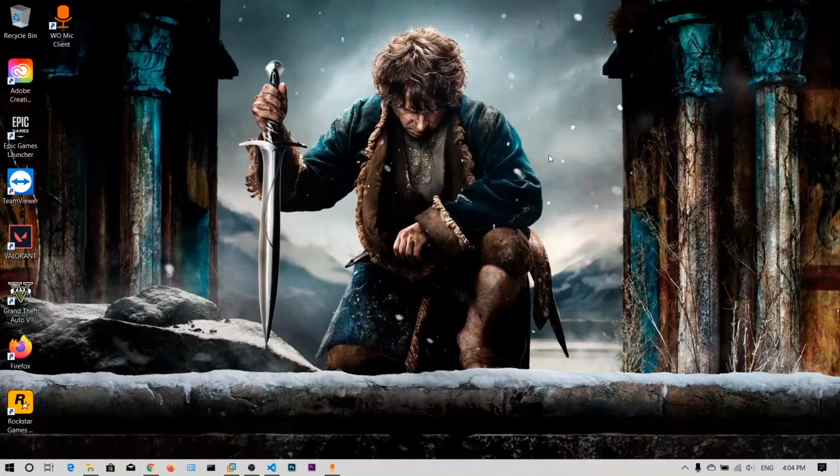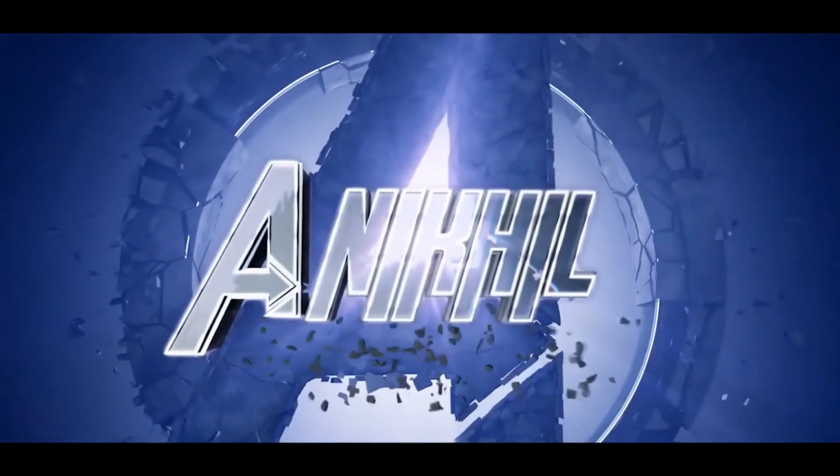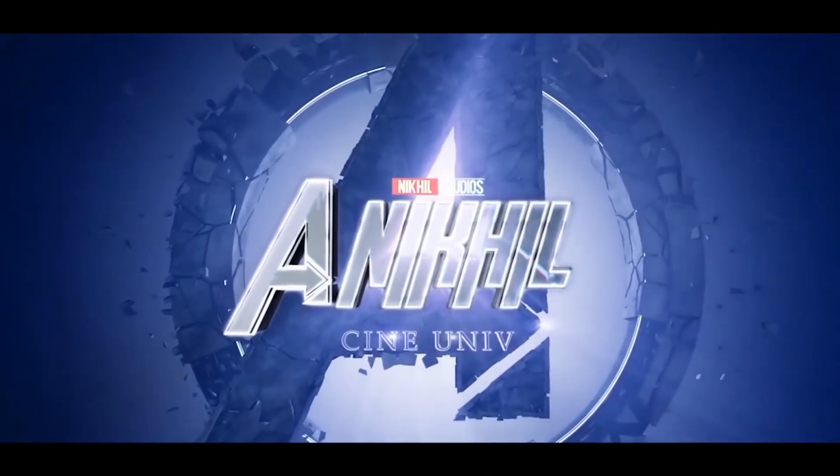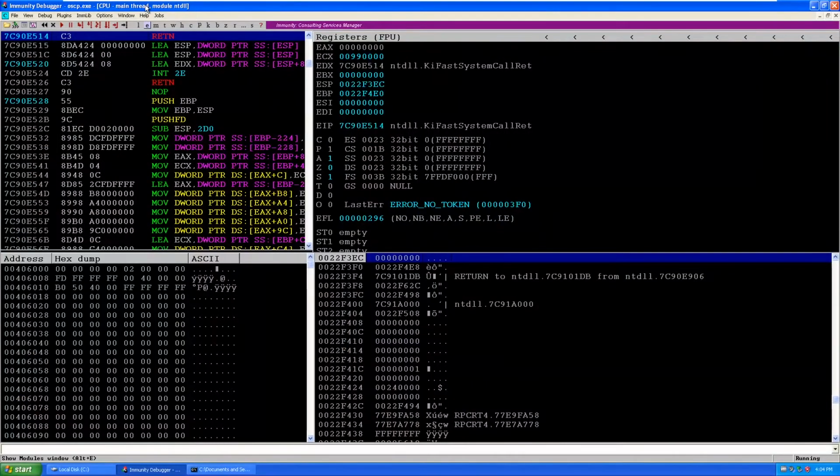Alright guys, now we are going to see a module called Mona module. It is written in Python language and it supports Immunity Debugger. So I have already loaded a binary in the Immunity Debugger, and to use any Python module in the Immunity Debugger, you can come down to the window.